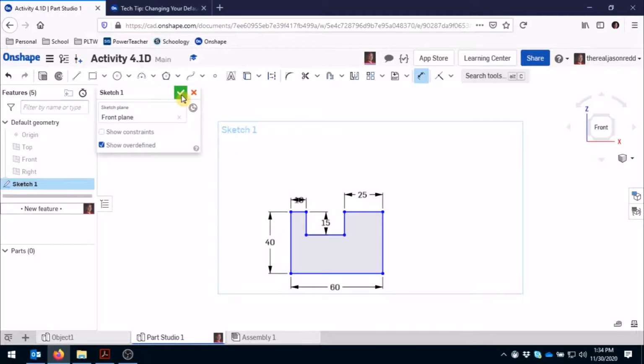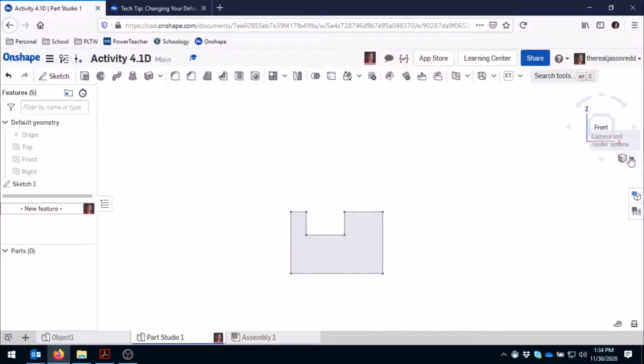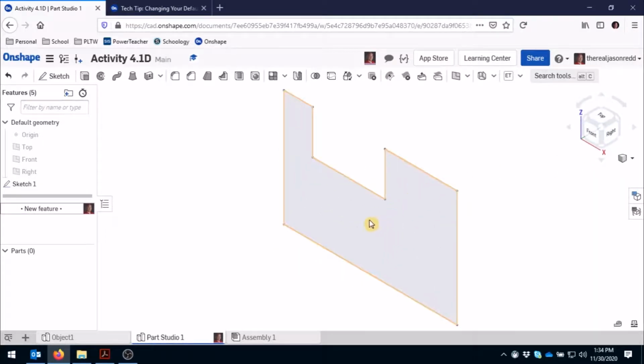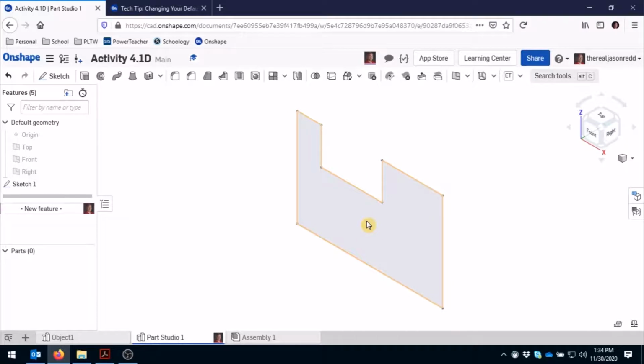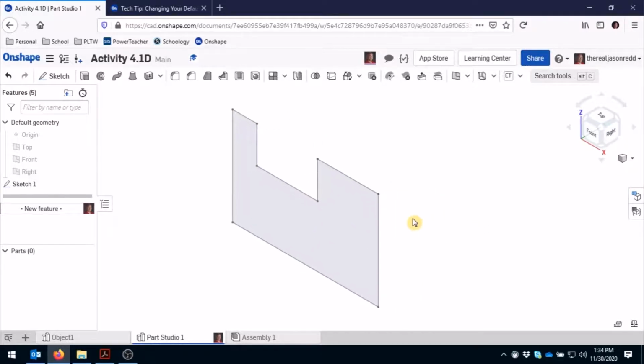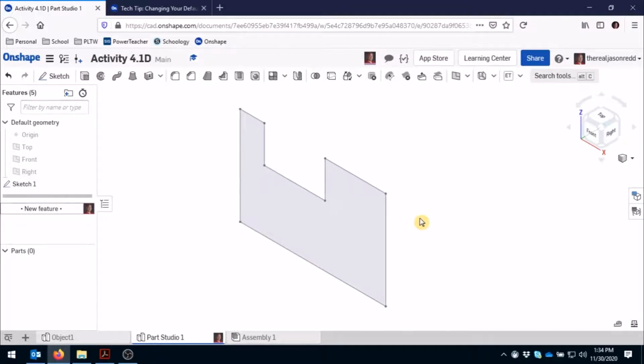I'm going to hit the finish sketch button. I'm going to go to just the isometric view here just to look at it. I'm going to zoom out just a little bit by scrolling the mouse button, and then I'm going to slide it over. I'm holding the middle button, the scroll button on my mouse, down to pan to move this over, and then I'm going to go to extrude,